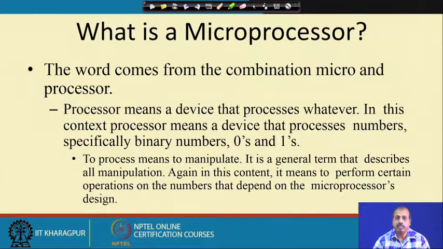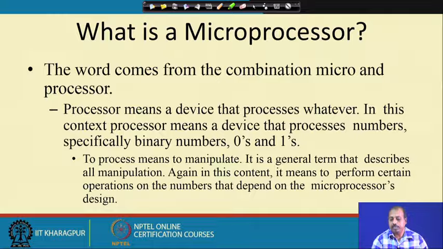Whatever comes may be meaningful to the processor, or it may not be. If it is not meaningful to the processor, it will simply ignore it or give some error output, and if it is meaningful, then it will execute it. A processor is a device that processes numbers, specifically binary numbers, zeros and ones. What do we mean by process? Processing means to manipulate. It is a general term that describes all manipulation, and